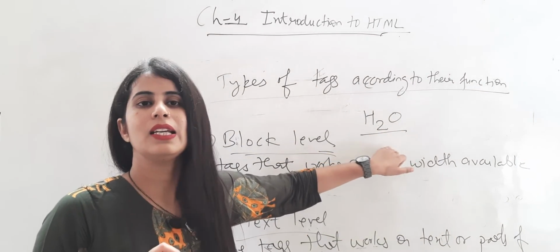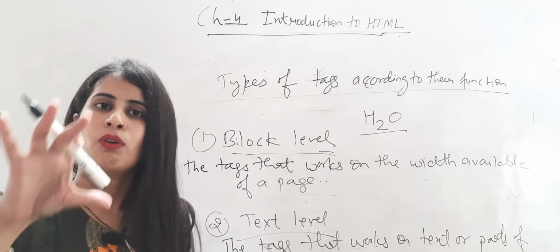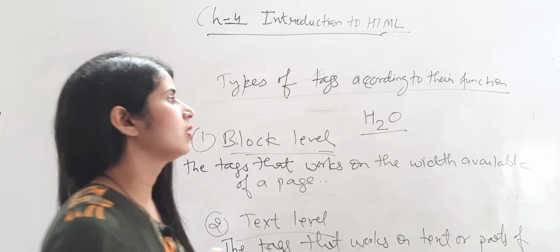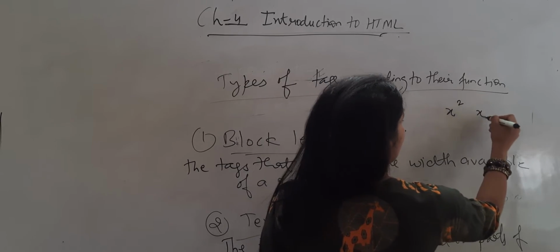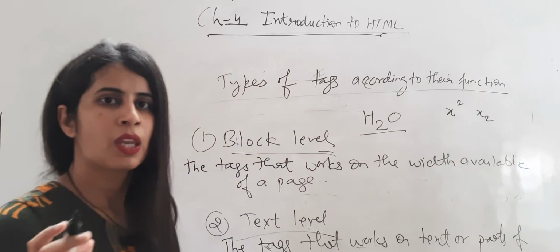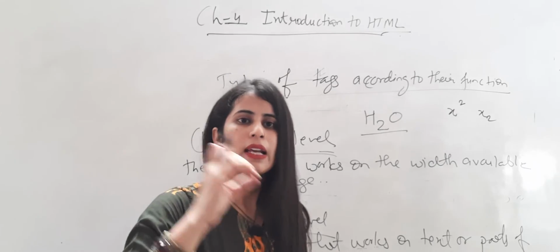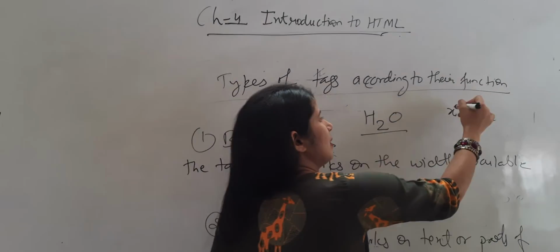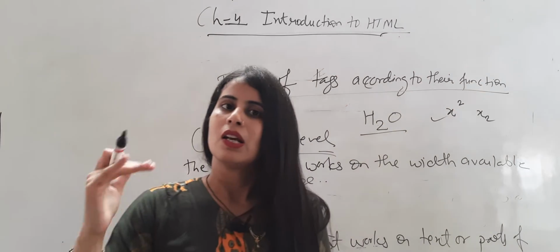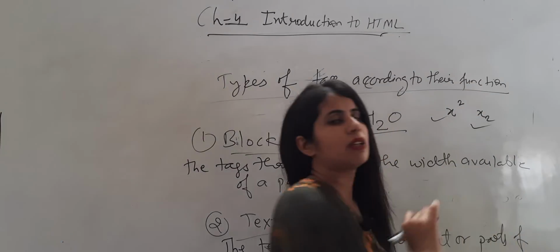To write these in the home window or in the MS Word window, you are finding these two options. One is like this, one is like this. If the text is superscript, it is this one. If the text is subscript, then it is this one.